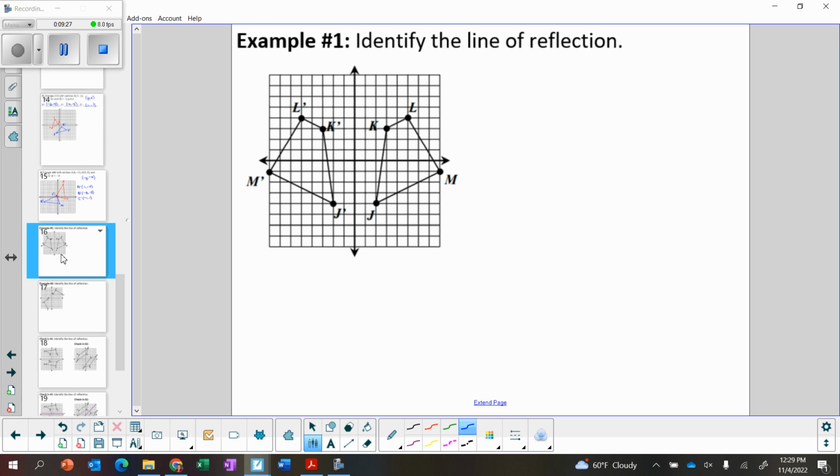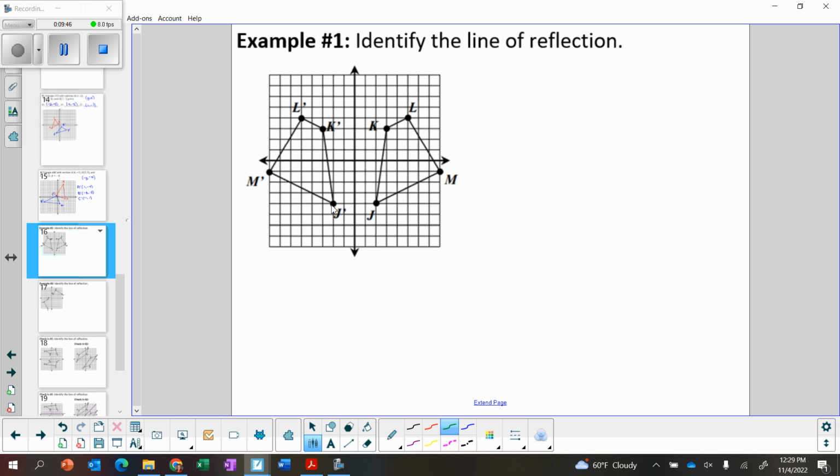So in the next one, we want to identify the line of reflection. What I would do here is put two points that I see are kind of close together, like my B and my C. And I'm going to figure out how many spaces there were between them. However many spaces there are between them, you cut that in half, and that will show you where